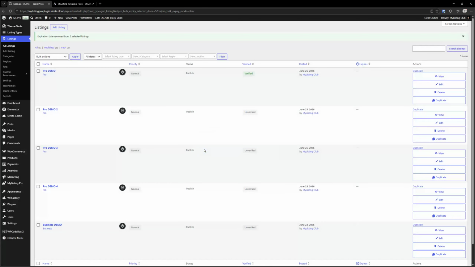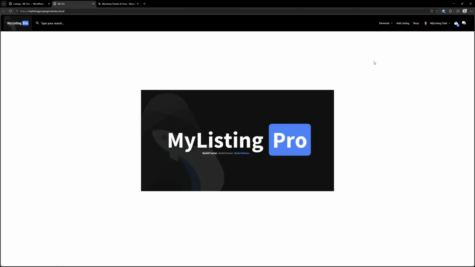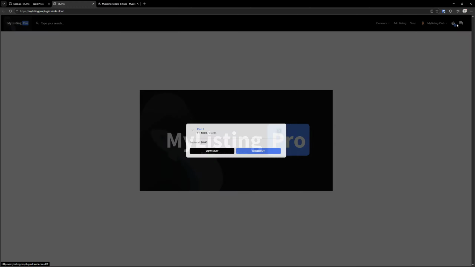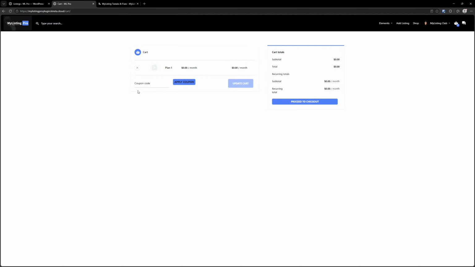Okay, next up is the ability to hide the coupon feature from your checkout. So what do I mean by that? If you put something in your cart, we've actually got something in our cart right now, so that's great. And we click view cart, you'll see that you're going to have a coupon code option here. If I go to proceed to checkout,